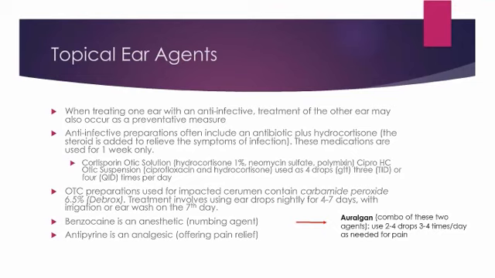When treating one ear with an anti-infective agent, treatment of the other ear may also occur as a preventative measure. Anti-infective preparations often include an antibiotic plus hydrocortisone. The steroid hydrocortisone is added to help relieve the symptoms of the infection. And in fact, there were some studies that were done in children that had tubes placed in their ears, and treatment with the antibiotic agent alone was less effective than those patients that were treated with the antibiotic steroid